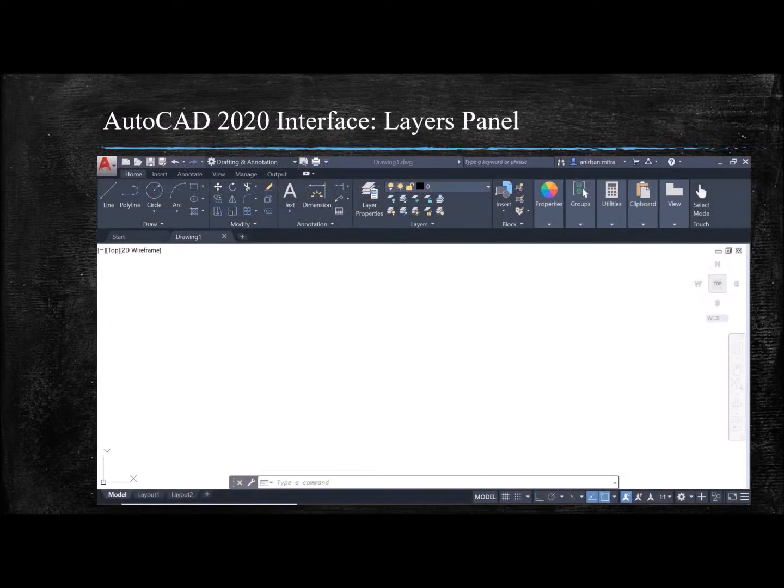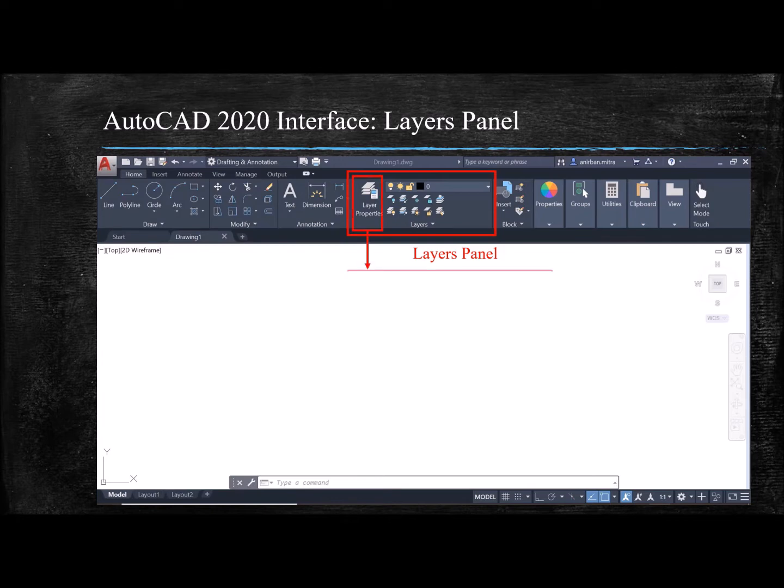This present slide shows us a screenshot of the AutoCAD 2020 interface. And here we need to first of all locate the layers panel. It is present under the Home tab in the ribbon area here. This is the layers panel, and as you can see, this layers panel is made up of three important areas.